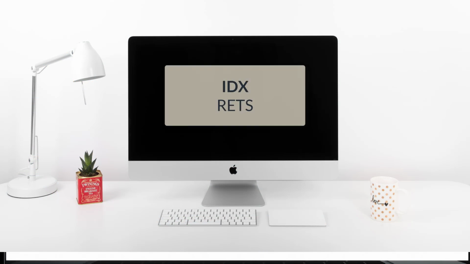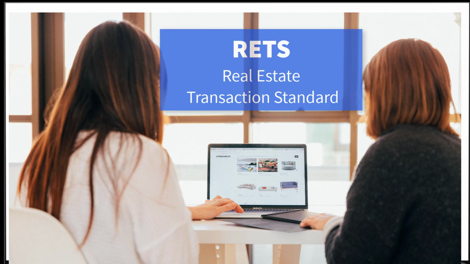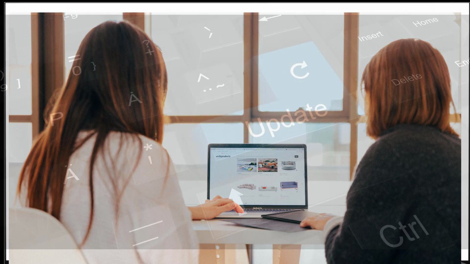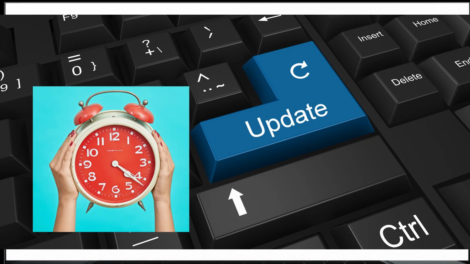The second option is RETS. RETS is short for Real Estate Transaction Standard. A RETS data field is a unique raw data connection between your website and the MLS system based on the Real Estate Transaction Standard that allows you to import property listings and, with the right software, display them on your website. RETS allows for frequent updates as often as every hour, meaning you will always have the most accurate listings